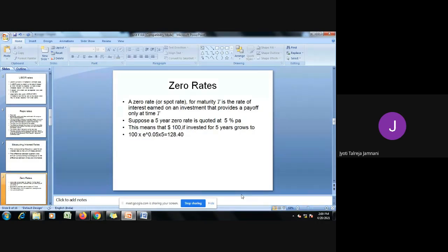So the very first thing that we'll understand is what is a zero rate. Can anybody tell me, have you ever heard about it? What is a zero rate? Is there any bond with a zero rate? Have you heard about it? No, ma'am. There are zero rate bonds. How do these kind of bonds work? Here we don't specify the interest rate. So that's why they're called zero rate.